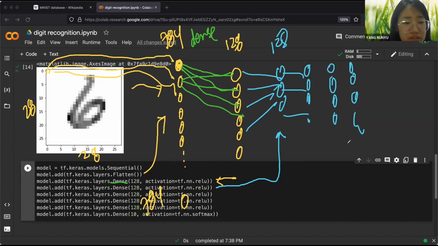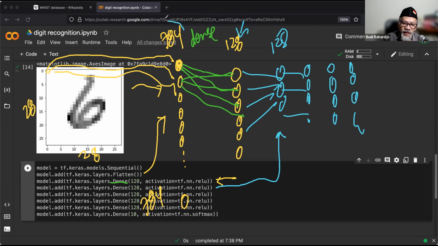Could you please explain again how it makes 700 into 128? Okay. The first layer, is it okay? Basically, yes.